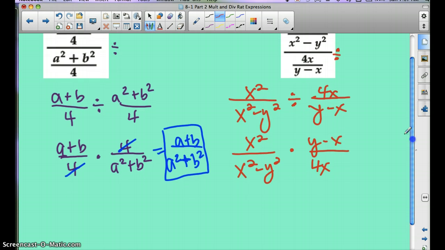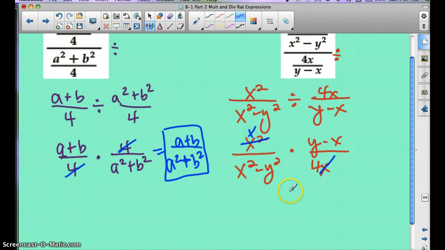So let's think about what we can cancel out. I'll use a different color. X squared over x. This will become an x here because that's what x squared divided by x is. Now, this piece right here, you can factor x squared minus y squared as (x plus y) times (x minus y). This is actually like number 23 in your practice on page